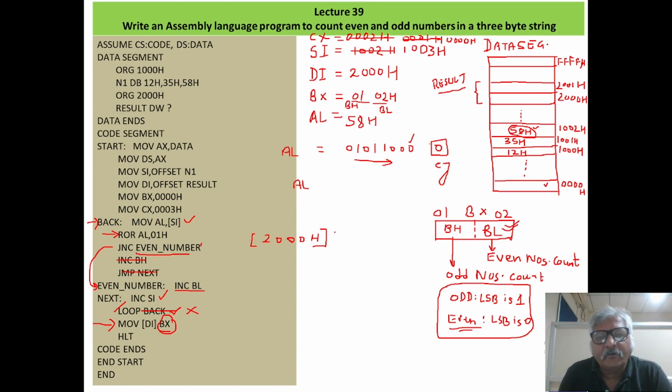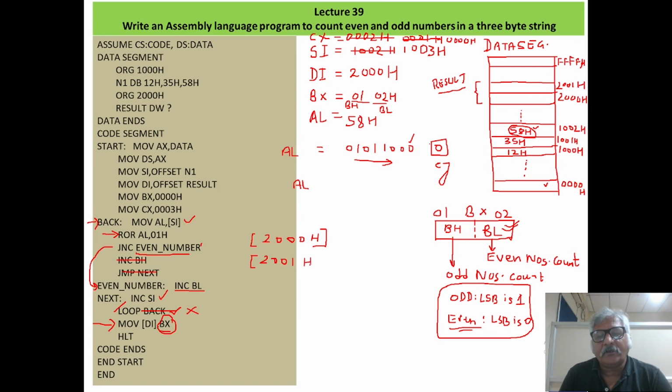Okay, so here, what I was saying, the content of BX is 16-bit, so it needs two memory locations. One location, offset address, is defined by DI, and the next memory location is 2001.